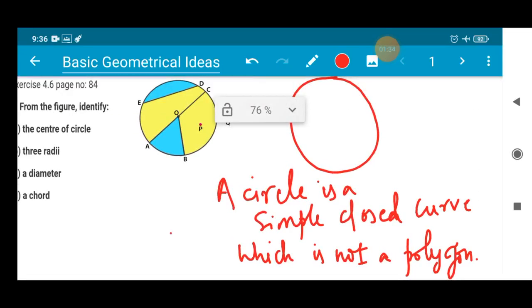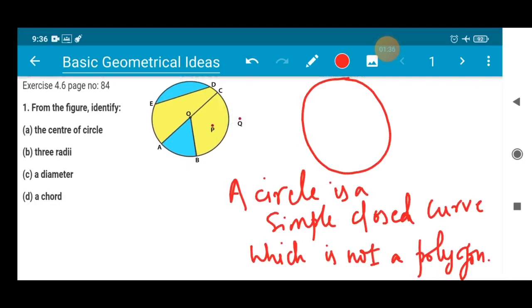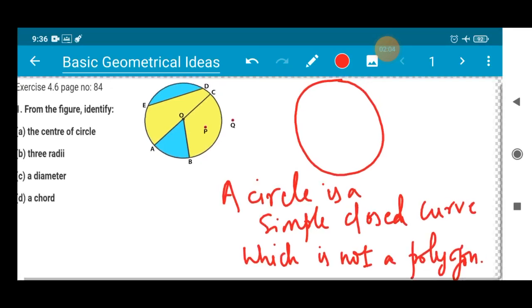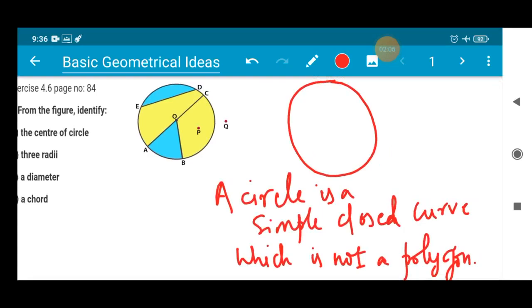In our last class, when we were discussing polygons, we excluded the circle as a polygon because it doesn't have any perfect side, it doesn't have any angle. A polygon needs to have a side and an angle, like a triangle, quadrilateral, pentagon, hexagon. These are all the varieties of polygon we have studied. Now in today's session we will be discussing the circle and the parts present in it. I request you all to copy this down in your copy.